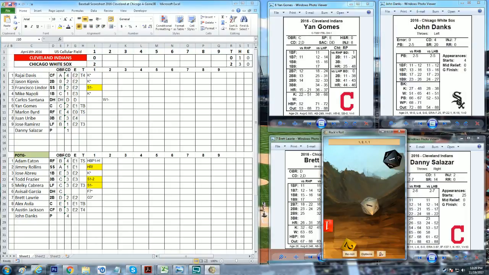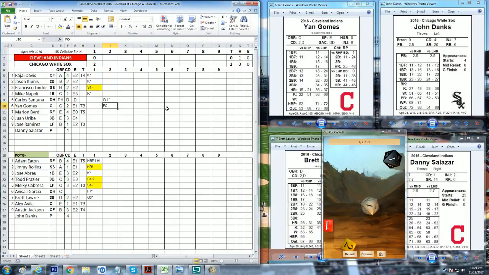That's going to be a 1-4, and the batter goes to first. So fielder's choice out at second is Carlos Santana, as John Danks grabs that hard hit shot coming up the middle, wheels around, whips it over there to